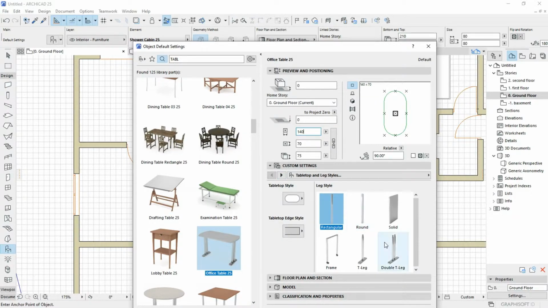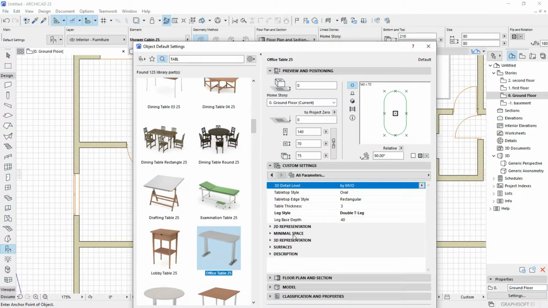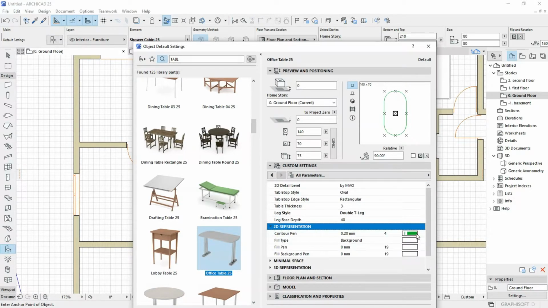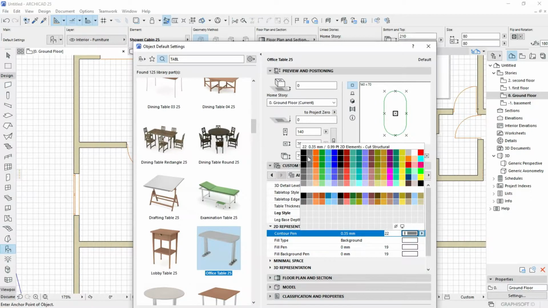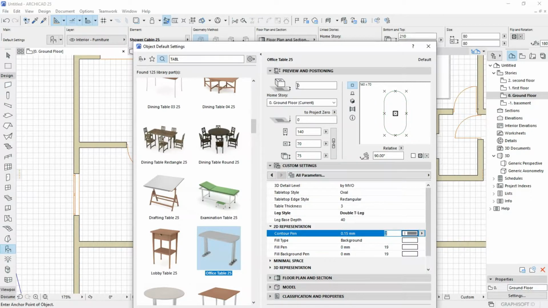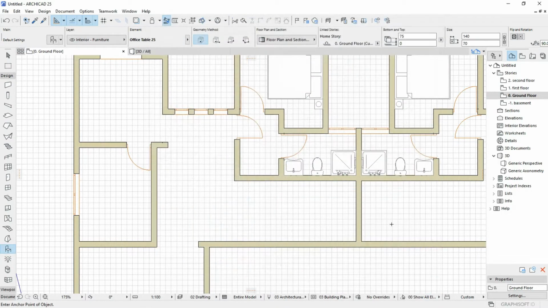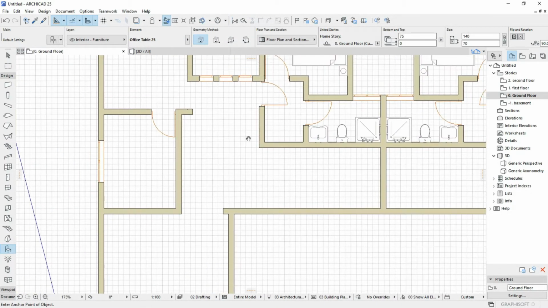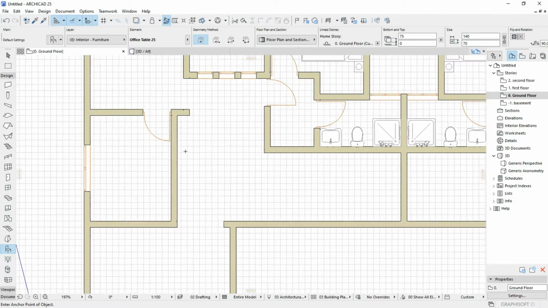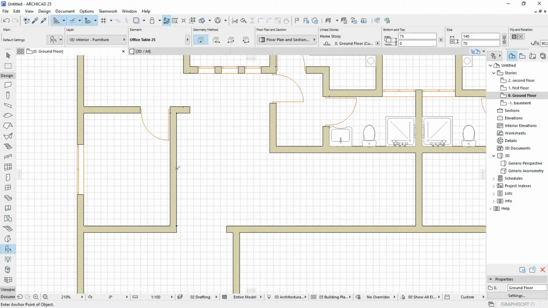You make sure to choose the legs. Let me choose this one. You keep on going. And as you can see on this 2D representation, I like to be having the gray ones like before. So by this I hit OK, and then make sure that I put it inside of this. So like this, Control D. Okay,